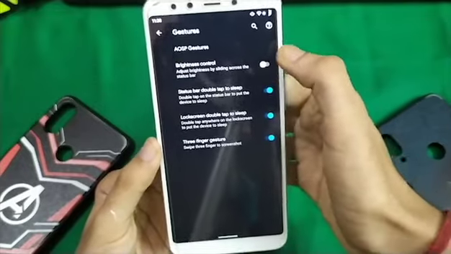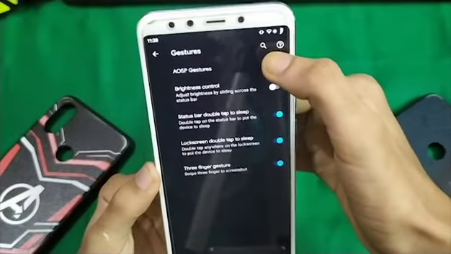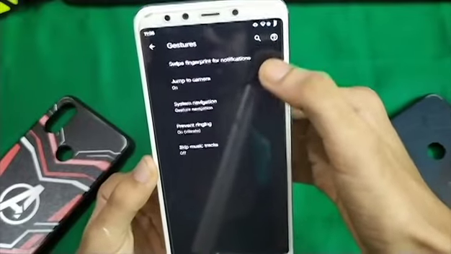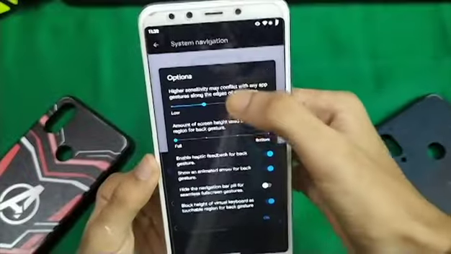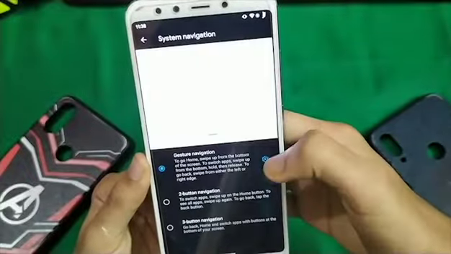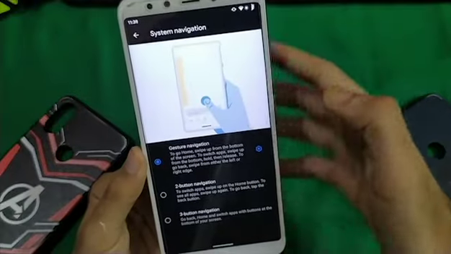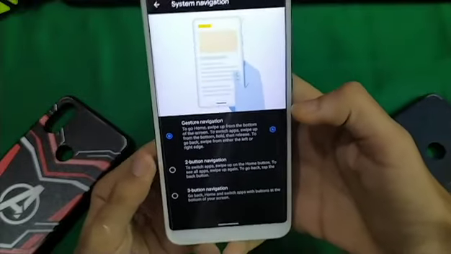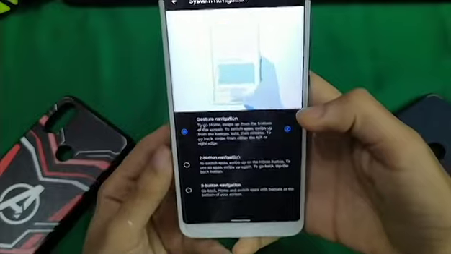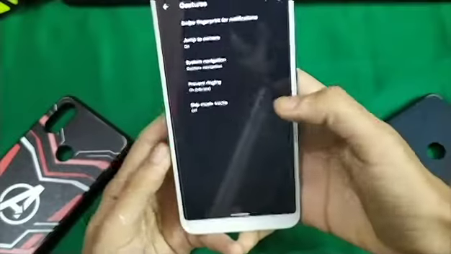So gestures. This ROM comes with Android 10's full navigation gestures. As you can see, these are the full navigation gestures. Also, there is a haptic feedback for back gesture. As I said before, this ROM will give you haptic feedback for whatever activity you do on your phone.